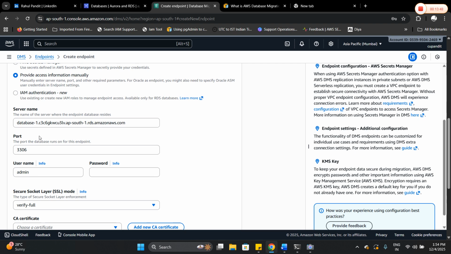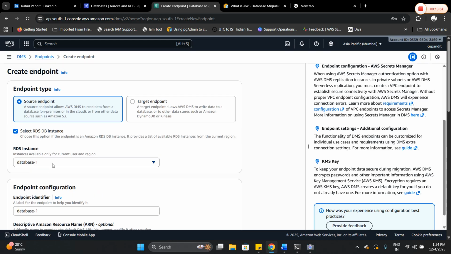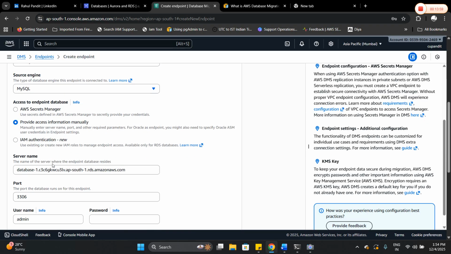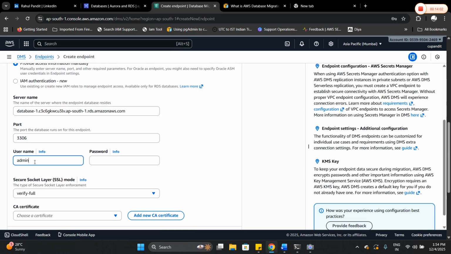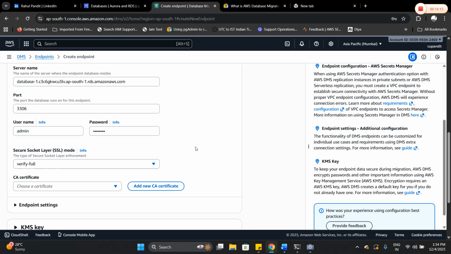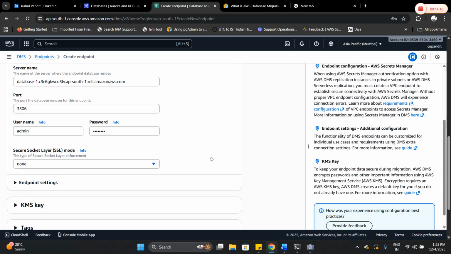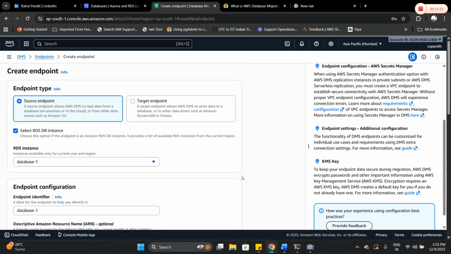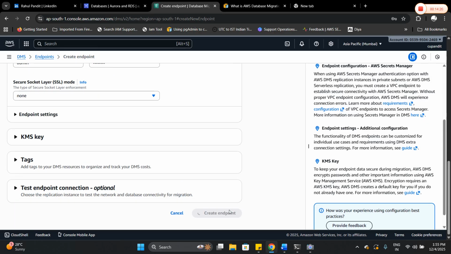So we are going to use MySQL as a source, and this is the port, and admin is the username, and I am giving the password for this. I don't want secure socket layer mode, so I'm going with none. And I'm going to create this source endpoint,